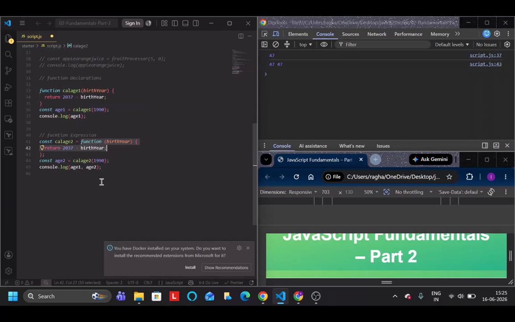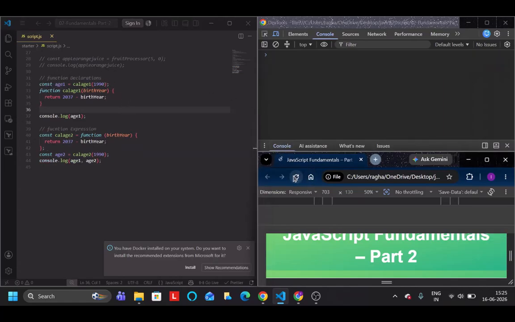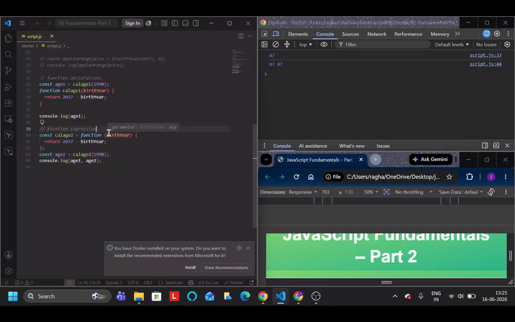Besides this, the big difference between this function declaration and function expression is, well, the practical difference that we can actually call function declarations before they are defined in the code. For example, as you can see here, this one has to be declared before the function. Okay, before writing the function itself, we have to declare this. Okay, in the first case, which is function declaration, as you can see, there is no change in the output. While coming to this function expression, if you just go ahead and declare this before the function, as you can see here,